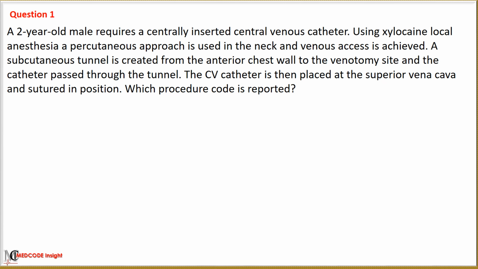A 2-year-old male requires a centrally inserted central venous catheter. Using xylocaine local anesthesia, a percutaneous approach is used in the neck and venous access is achieved. A subcutaneous tunnel is created from the anterior chest wall to the venotomy site and the catheter passes through the tunnel. The central venous catheter is then placed at the superior vena cava and sutured in position. Which procedure code is reported? Option A with code 36568, option B with code 36555, option C with code 36557, option D with code